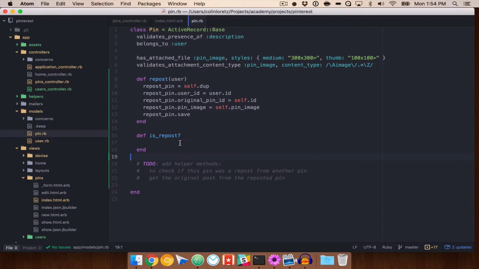So what we can do now is call self, which is the pin that it's being called on, right? So if you have @pin.isRepost, this is the pin that it's going to check. So we're going to go ahead and get rid of that so we don't mess up our code. And what we want to do is original_pin_id.present? So what this will do is say, is that attribute present, yes or no, and return true or false,